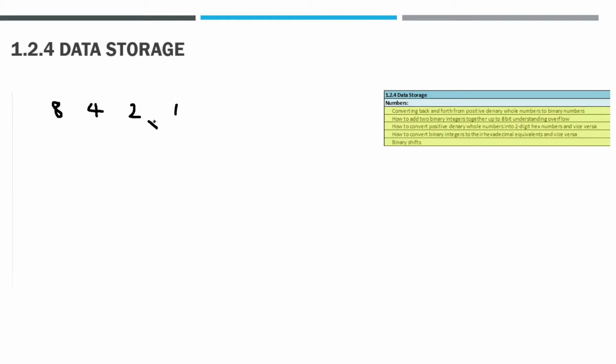Every time it goes to the left, it doubles, because binary is a 2-digit system. It only has 0 and 1. So let's do 1, 0, 1, 0. You multiply the top by the bottom. 8 times 1 is 8. 4 times 0 is 0. 2 times 1 is 2. 1 times 0 is 0. And you add them together